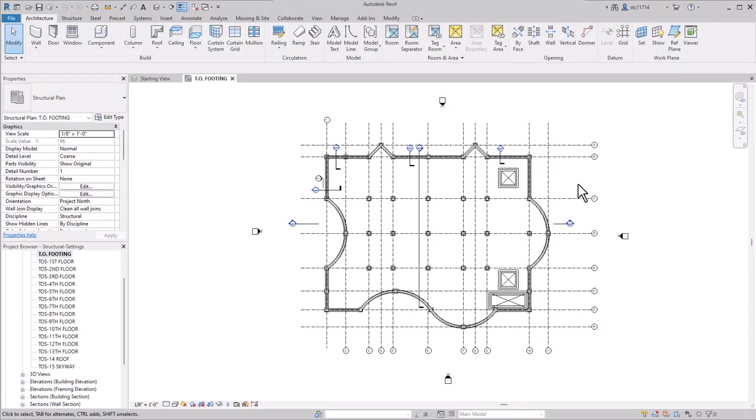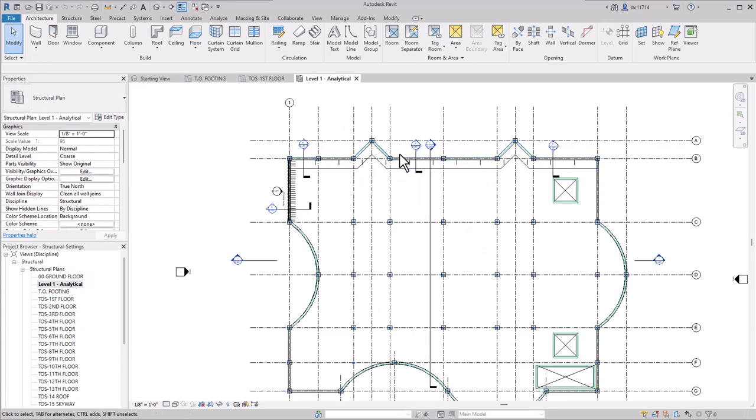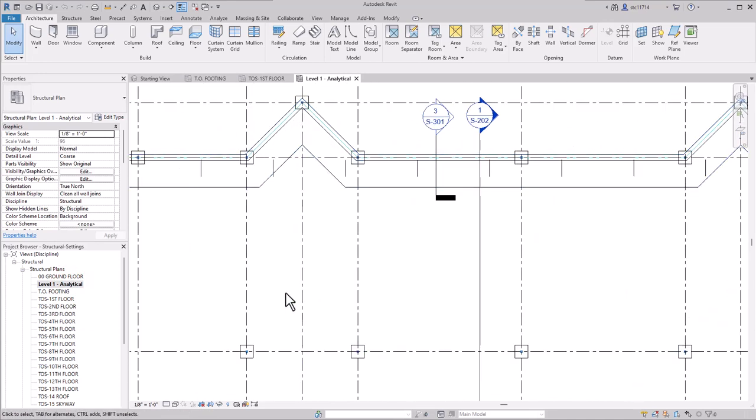In this video, we're going to take a look at how we can create and modify analytical views for a structural project in Autodesk Revit. To start with, I'm going to take a look at my first floor. I have this top of slab first floor, but I also have this level 1 analytical that is showing the analytical model. What I would like to do is to repeat the same sort of process for the top of